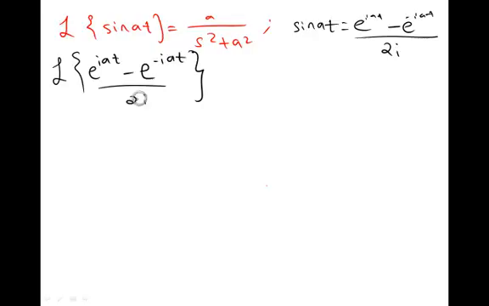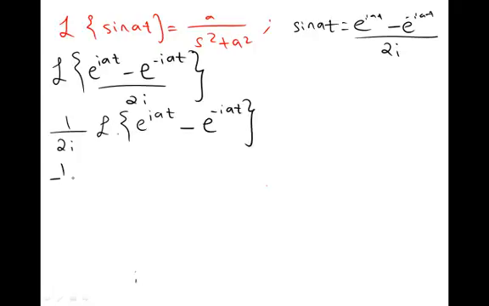First thing, I can take out 2i as a constant number, and I will be left with e to the power of iat minus e to the power of minus iat. Next thing, you can distribute this Laplace for both values. Okay, once I distribute this one, I can find what's the Laplace of this value and this value